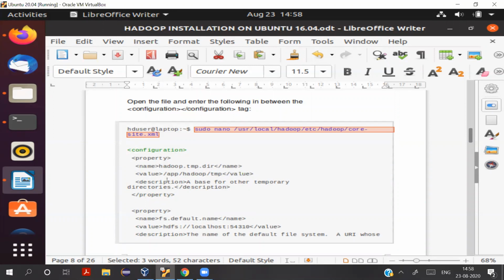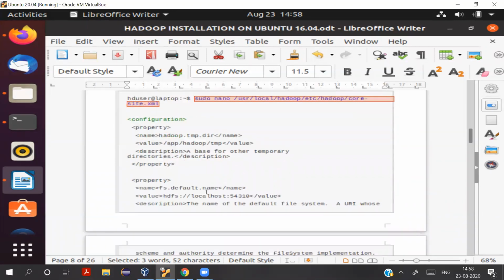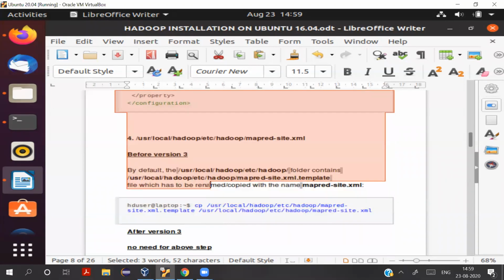That would be the value, and it is a base for other temporary directories. And then you also give the name for your name node. So fs.default.name. Okay, so this is the name of your file system. All right, so you give this hdfs://localhost:54310.